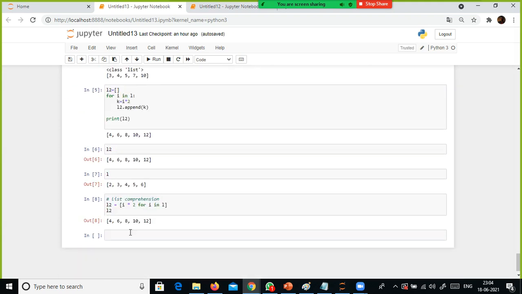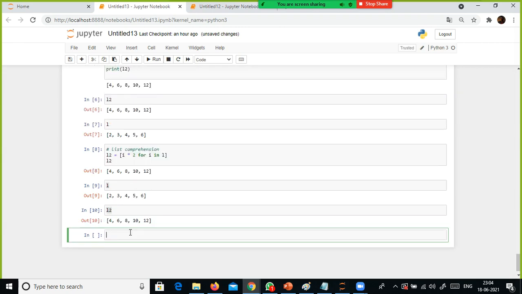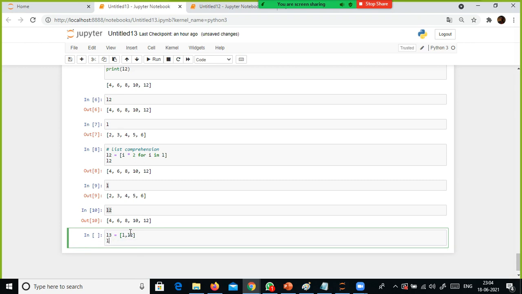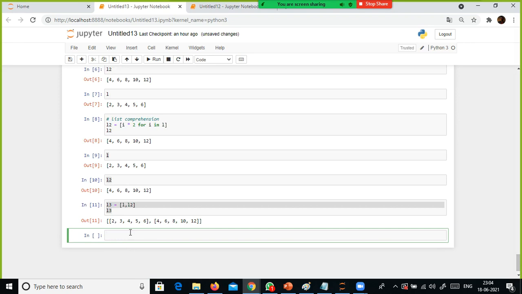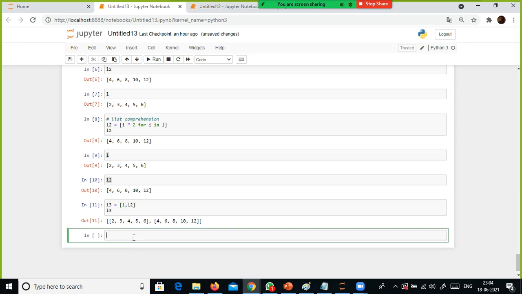Okay. And the next one is, can I create a nested list? Can I create a nested list? So now we have L and we have L2, two lists are there. Can I combine these two things? Yes, I'm going to say L3 is equivalent to, on the right side, L comma L2. L3 is a list of lists, right? It has a nested list. But if I wanted to slice the values, the slicing is a bit different. If I give L3 of 0, the entire first list value will get displayed.